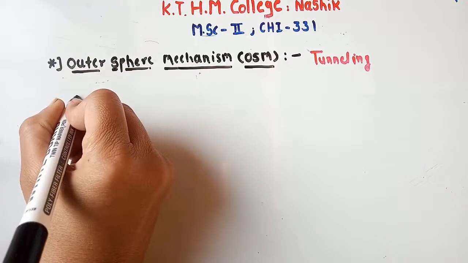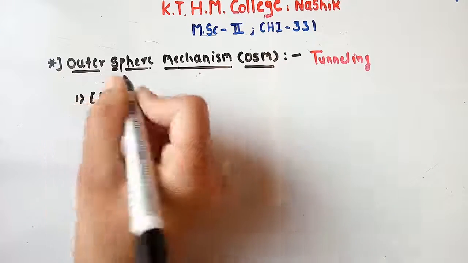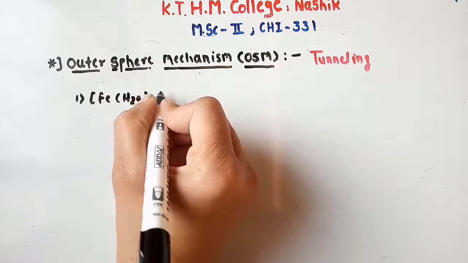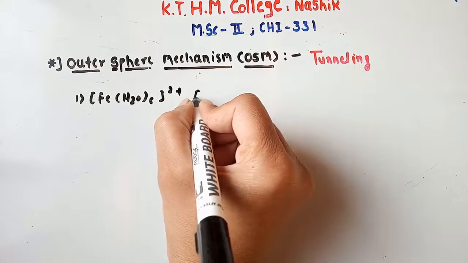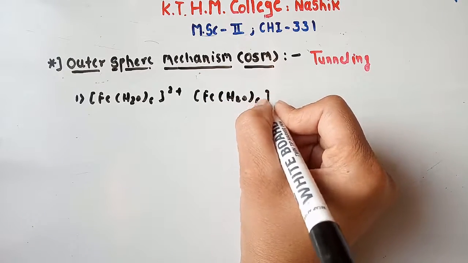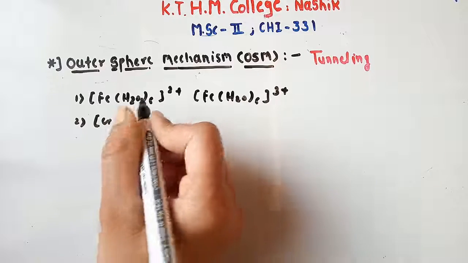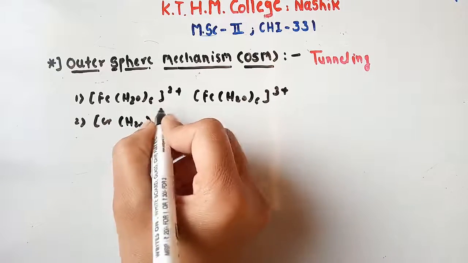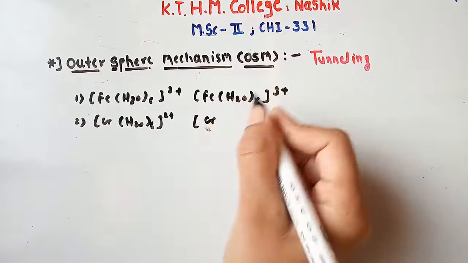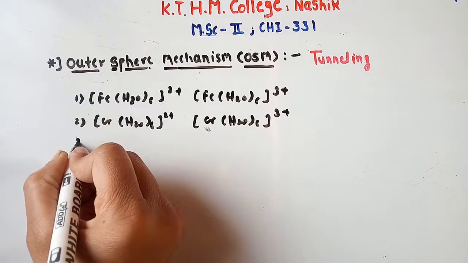In which we have to find out the rate for outer sphere mechanism. So the first complex is Fe(H2O)6 2+ and Fe(H2O)6 3+. Second complex is Cr(H2O)6 2+, Cr(H2O)6 3+. Third complex is